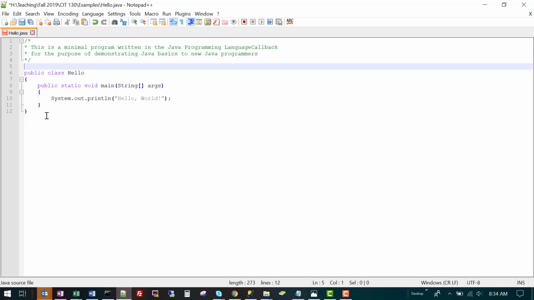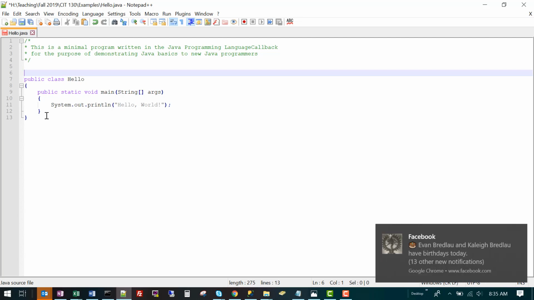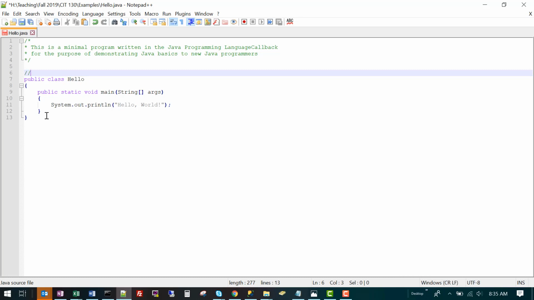Every example that I create in this class will have a large number of comments. Those comments are intended to allow you to review the code that I've written and understand it more thoroughly. There is a second kind of comment that we'll be using in this class called a line comment.